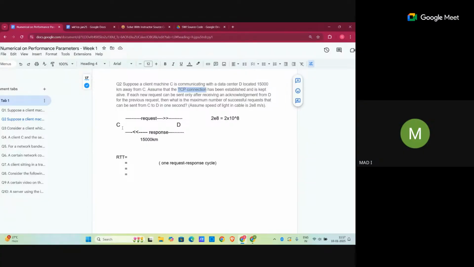Now what will happen? First, the request will go from client to server. After that, we will receive the response from server to client. And it is said that each new request can be made only after receiving an acknowledgement from D. So first the first request will go, I will receive the response for my first request, so I got the acknowledgement for that. Only after that can I make the second request. Like that we will proceed. So if we want to calculate the total number of requests that can be made, which means,